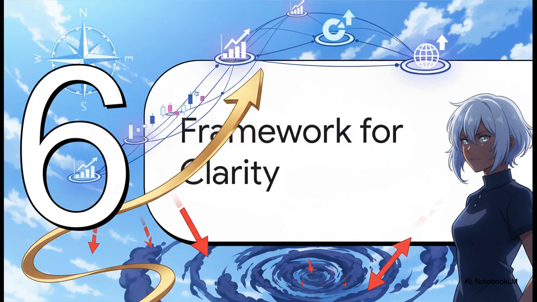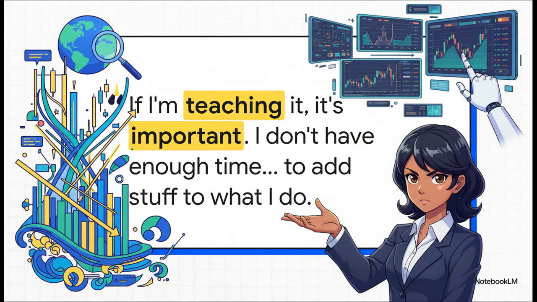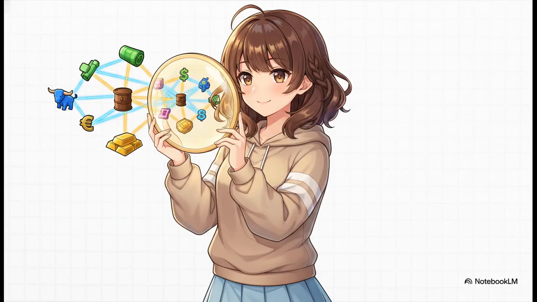So, let's bring this all together into a clear, actionable framework. This month's content was not filler. It was the foundation. It's how you build true market clarity and how you avoid that painful downward spiral. I think this quote says it all, right? The content you've learned is a critical, non-negotiable piece of the entire puzzle. It's the framework that separates a professional who reads the entire market from an amateur who's just clicking buttons based on a single chart. So this is your call to action.